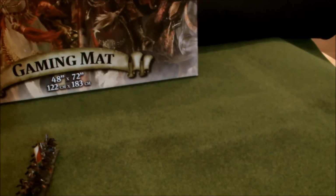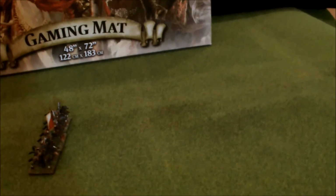When looking at gaming mats, obviously the most important thing is how it looks and feels and the coloring. And for the most part, this mat is actually really nice. It's a green finish, so grass, but it has some depth to it with a little bit of yellow and reds, which makes the grass very attractive because it's a little bit muted green. It doesn't really come off on the video, I think, just with the color compression, but in real life it's actually a nice